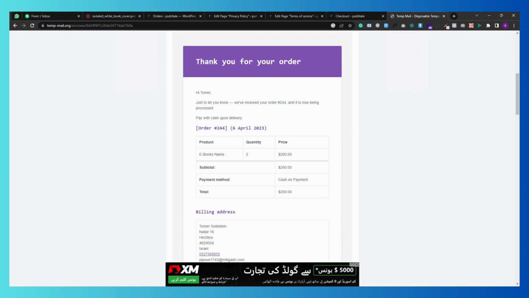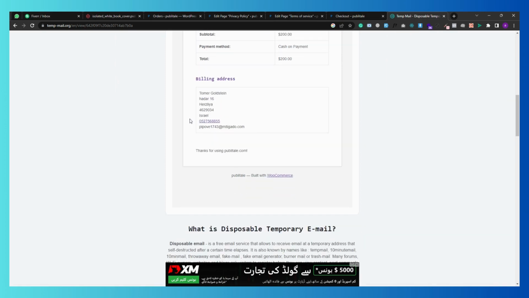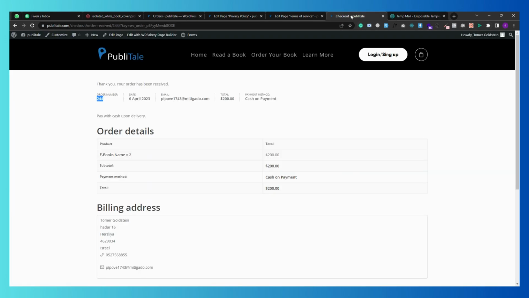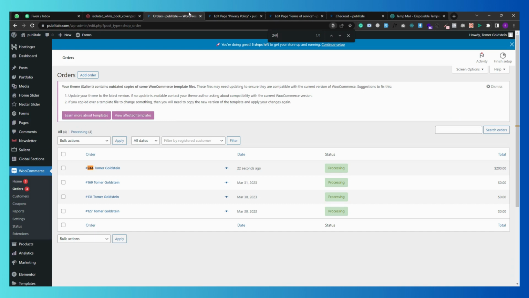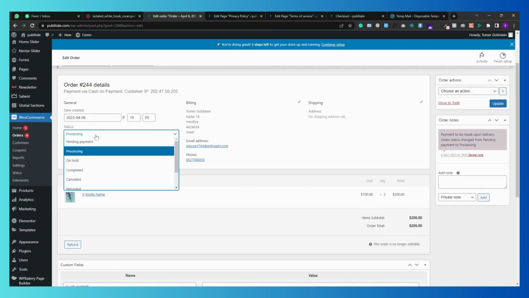And this is the customer name and just a basic description of the order, just to let you know we received your order 244 and it is now being processed. Okay. And here is the total amount and billing address. Thank you for using your website name. Then if you change the status on the order,